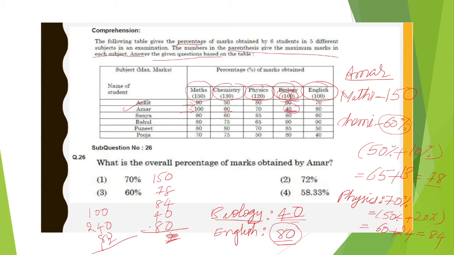Okay, we have to minimize the number of columns, because if we add more columns like this, we may make some wrong calculation. That's why we first add hundreds, then tens, then ones. It will be very easy. 2, 9 plus 4, 13, 2 3 4, 432. He got 432 marks.